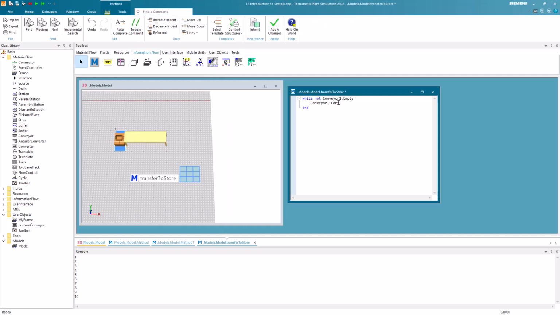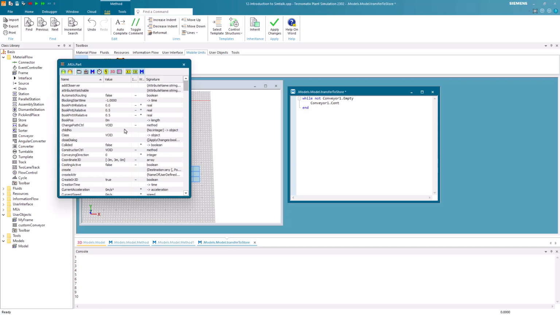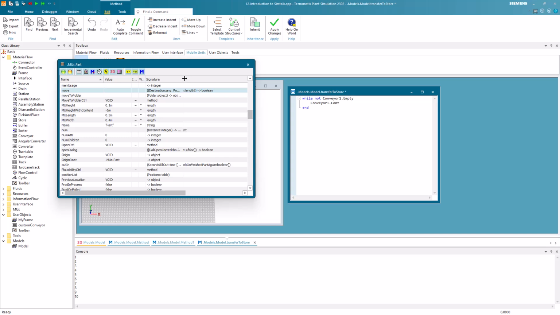Now we want to tell the part that it should move to the store. So we now need to search in the attributes and methods of the part for a method which will do this. Therefore, we switch to the mobile units in the toolbox. Then we right-click the part and select Show Attributes and Methods. Here we now press the letter M and see the Move method. The Move method has two optional parameters.